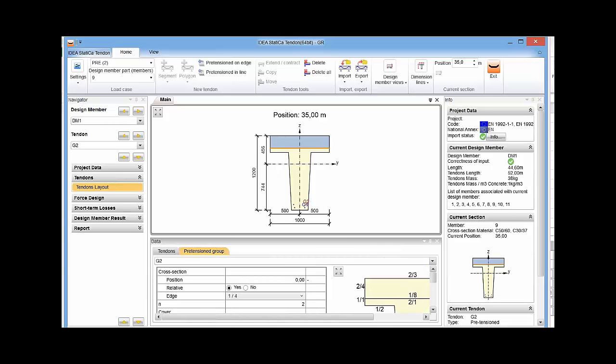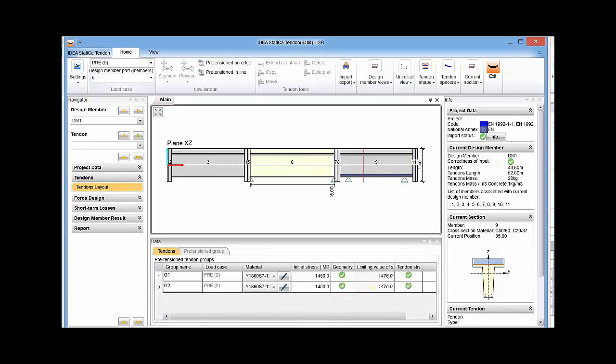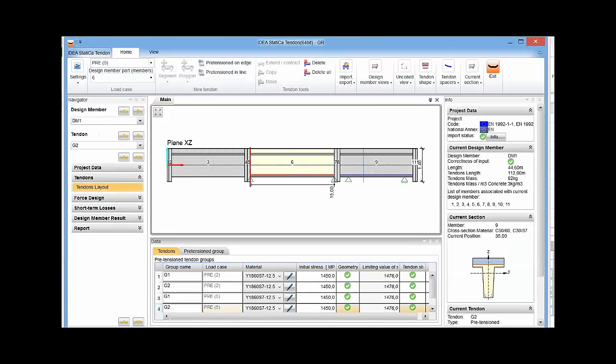The example which I showed has no debonding, so I can show design view uncoiled, and I have it defined, at least these pre-tensioned beams. I can show the other one, and I can again import it from text file. You see it is done, and already the program identified the same strand and the same initial stress,